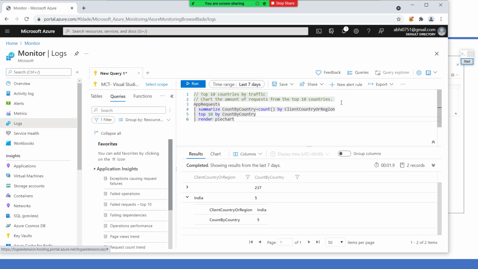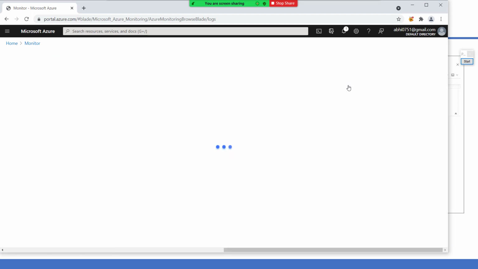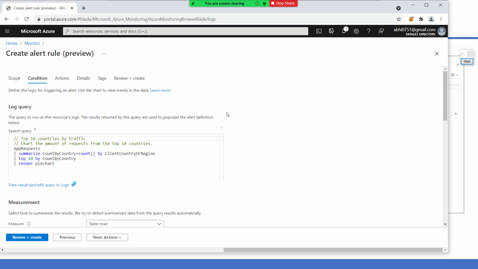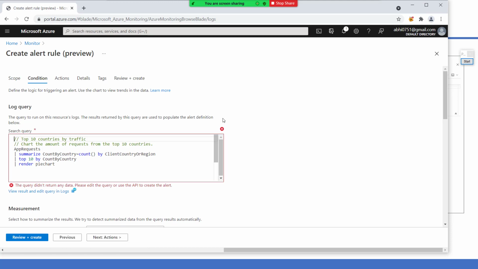If you would like to create an alert on top of this query, you can again go here, and now you can see that the scope of your alert will be this query.